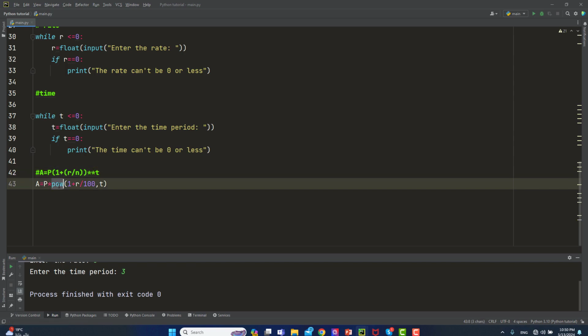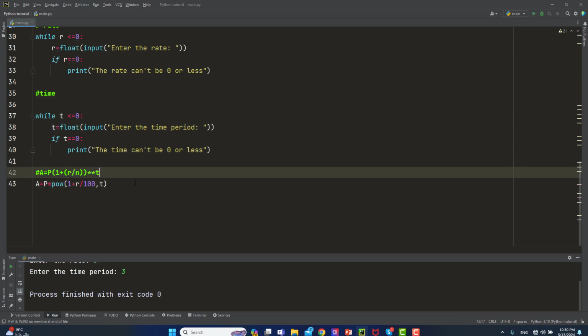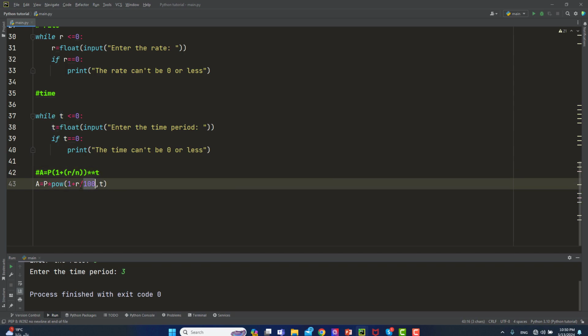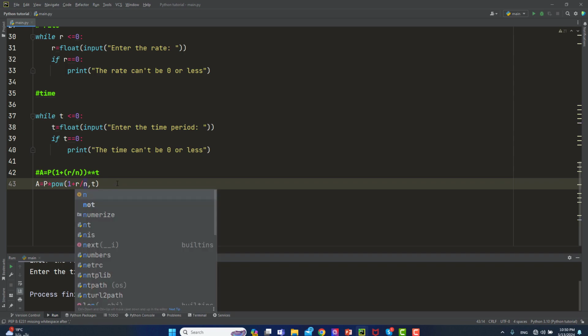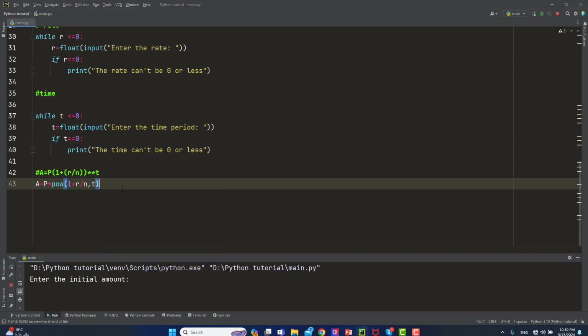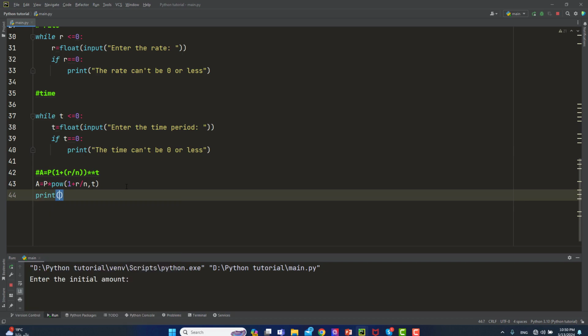I use the power function, and this is t as it's entered here, and this is the remainder of the function. Because I have r over 100, I can use r instead of 100. Let us try to see, and finally I want to print